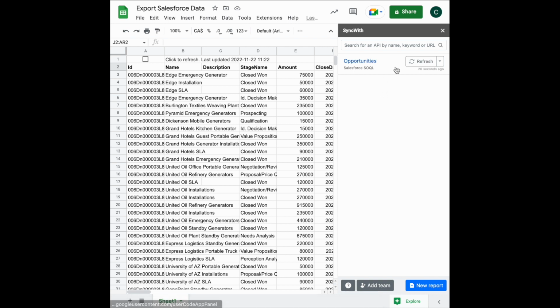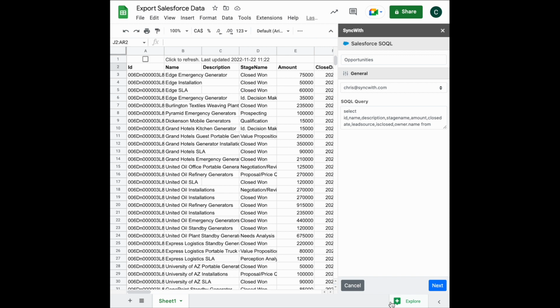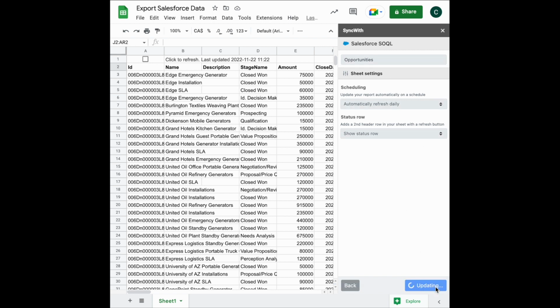Now we have an SOQL query that's pulling in the opportunity data we need. We can modify that query if we want. We can also go in here and set a refresh schedule. So maybe we want these opportunities to flow in every day so we can keep track of them. And maybe we want to do a little bit of refinement here. So let's get rid of that limit. Let's order the opportunities by the amount in descending, so we can look at the largest opportunities first. Now we'll click next. We'll refresh this data daily. So anytime we log into this spreadsheet,